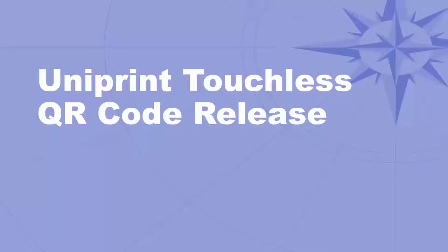So QR code is a novel approach that allows us to leverage something that can be physically at the printer. We can affix a QR code to a printer. It also has a benefit that it can enhance the user experience. They don't have to know the name of the printer. They don't have to search for the printer through a list. The QR code represents what that printer is, and so simply by scanning the QR code, they can identify which printer they're at, and now we know who the user is, which printer they're at, and we can release their jobs for them. So QR code started in Beacon,